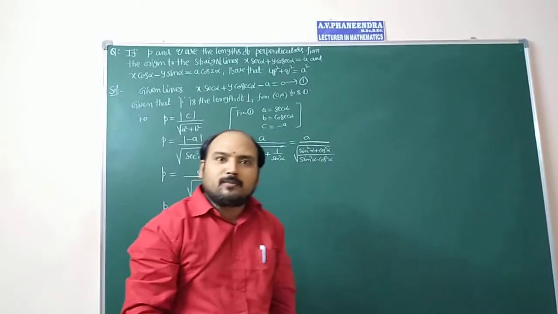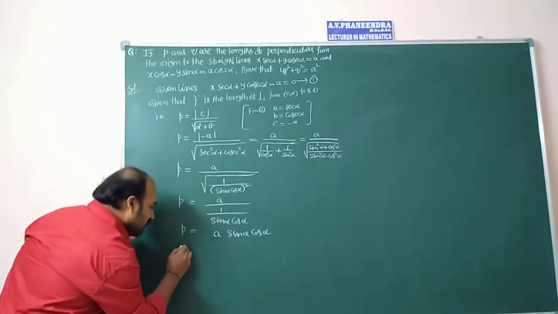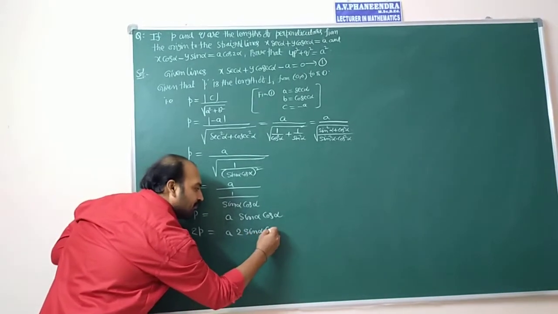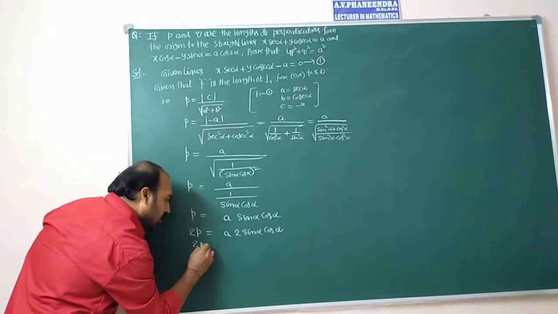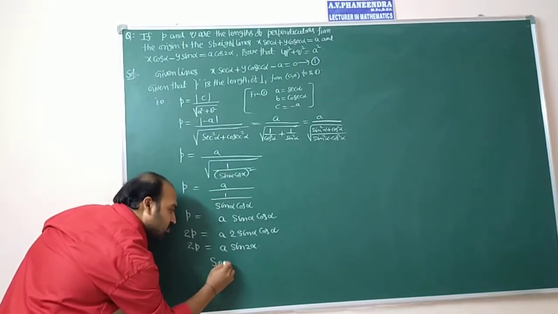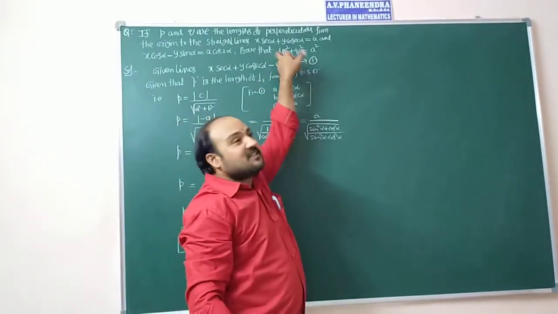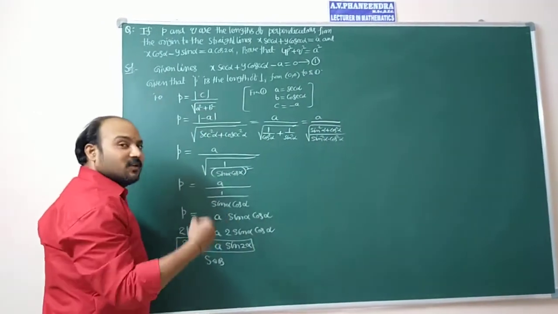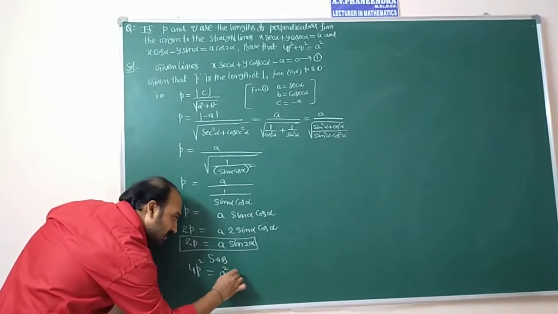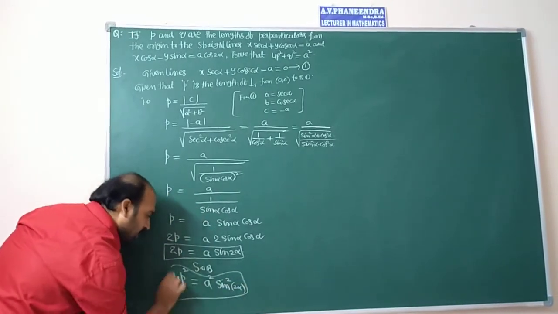To get the formula for sin 2 alpha, we require 2. So multiplying on both sides by 2, 2p equal to a into 2 sin alpha cos alpha. So 2p equal to a into sin 2 alpha. Squaring on both sides. Why are we squaring both sides? After getting the value of 2p, they are asking to prove 4p square plus q square equal to a square. That is the reason we are calculating 4p square. If you square both sides, 4p square equal to a square into sin square 2 alpha. You put this value in a box.